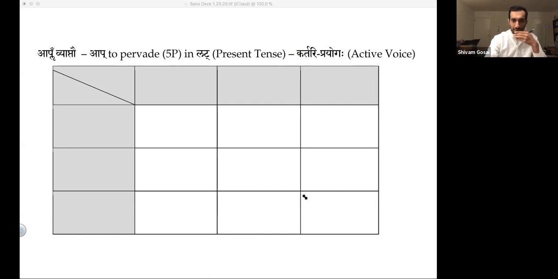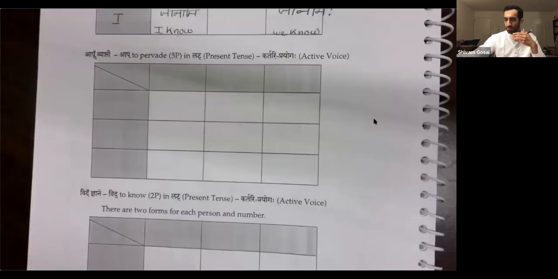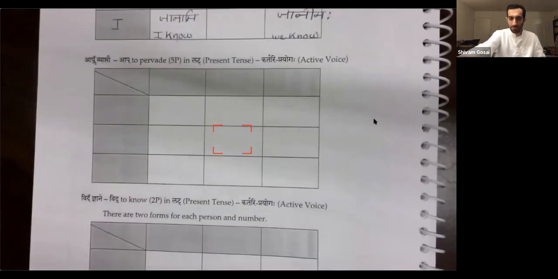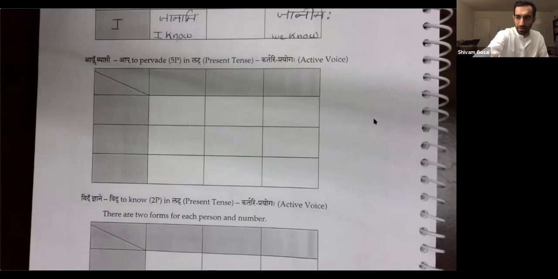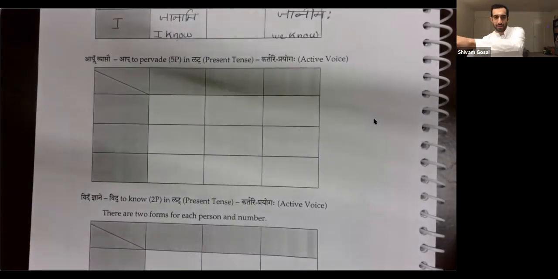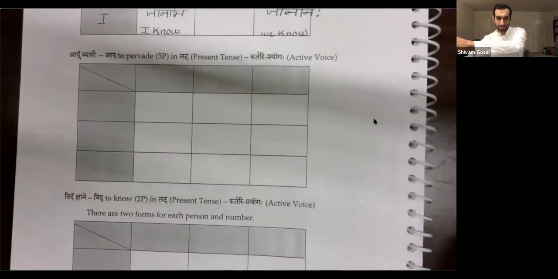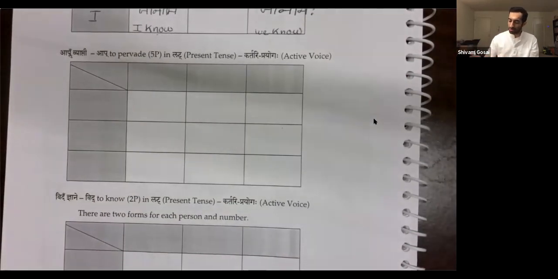Make it a little bit bigger screen, 1 second. Sorry, it's a little bit dark. I'm not quite sure why the lighting is a little bit off today, but you see ap there, to pervade,